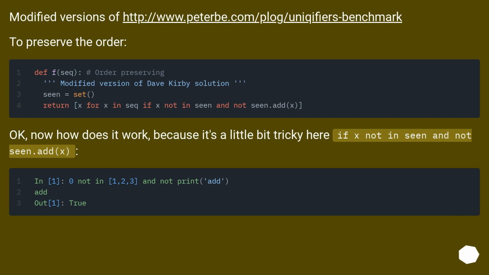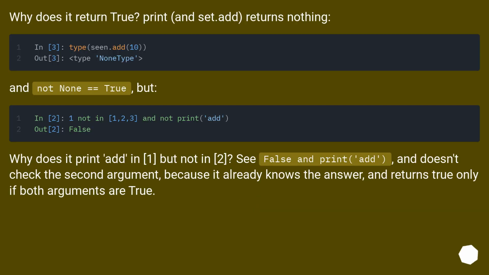Okay, now how does it work? Because it's a little bit tricky here: if x not in seen and not seen.add(x). Why does it return true? Print and set.add return nothing, and not None equals true, but